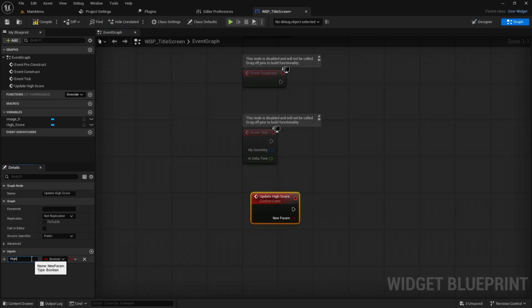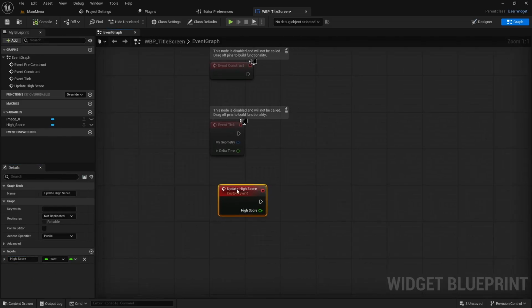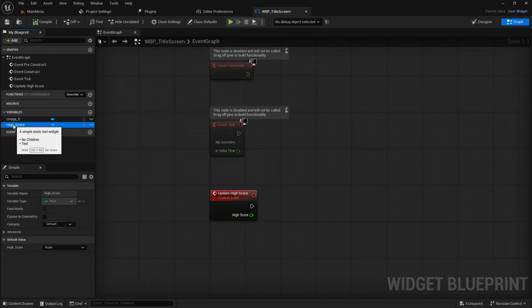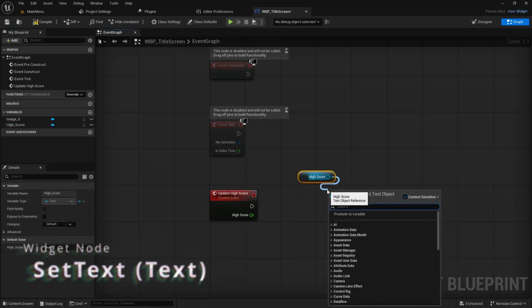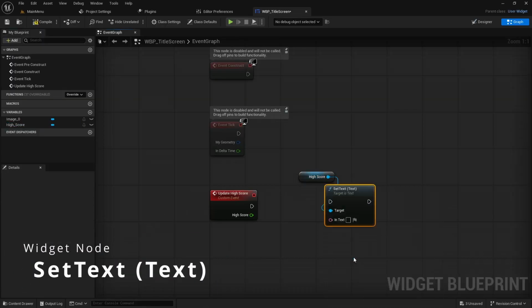We'll just say high score for the actual variable name. This will of course be a float. And then you'll notice on the left hand side it has our high score variable. We can hold control, drag that out. We can pull off that, and there's a function to set the text value. And then we can just simply pass in the score value